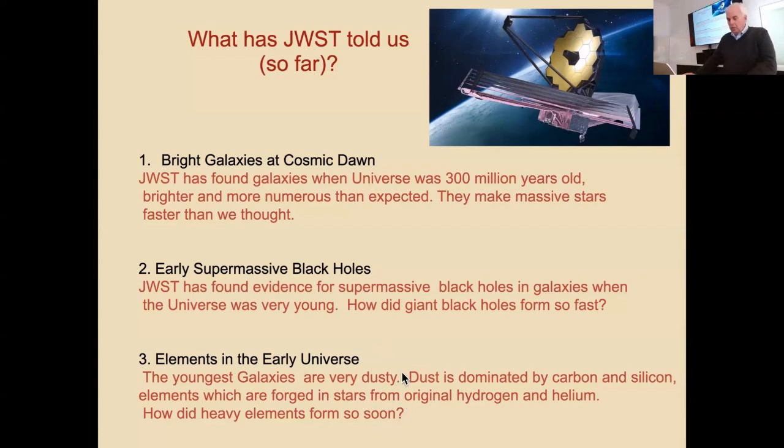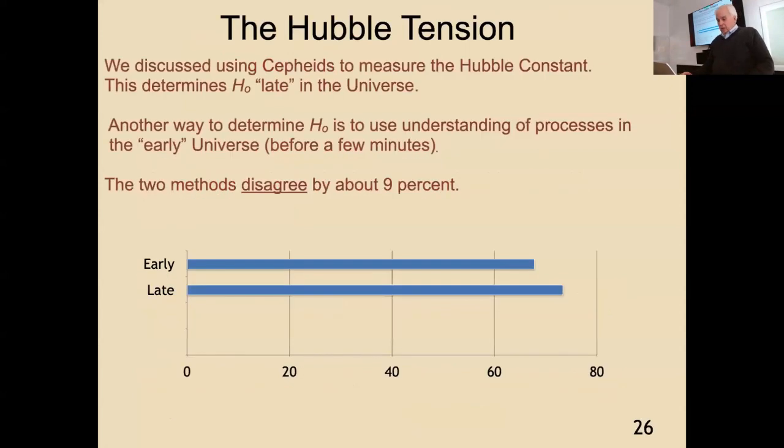So anyway, that's what supermassive is. And for the elements in the early universe, there's evidence for carbon, silicon, oxygen, stuff like that, and these elements seem to have formed really fast. Okay, so that's kind of where things are right now. There are papers every 2 weeks in the Astrophysical Journal, and I think it's probably fair to say,